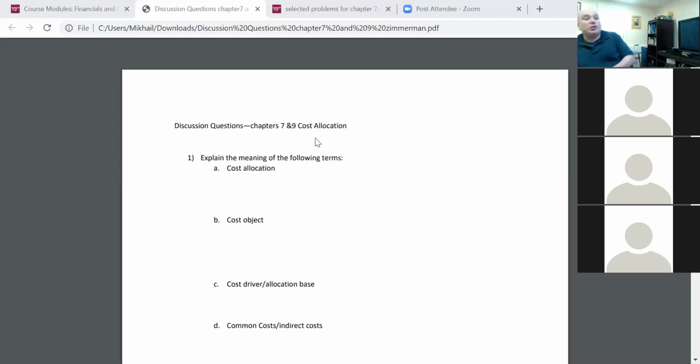The dean manages all 3 programs. So what should be the cost driver or allocation base for the dean's salary? I'm asking you a question. Any ideas, any suggestions? How would you allocate the dean's salary between these 3 programs?